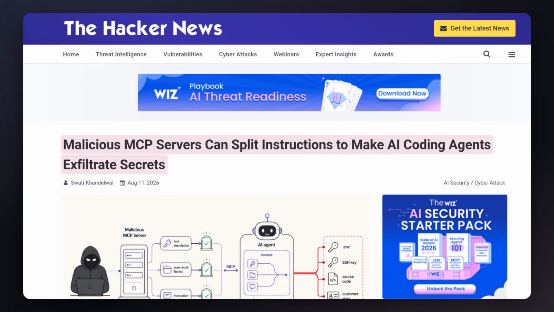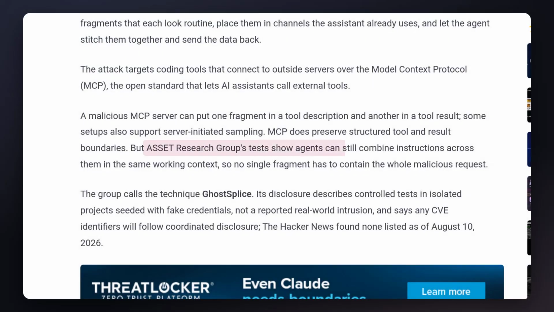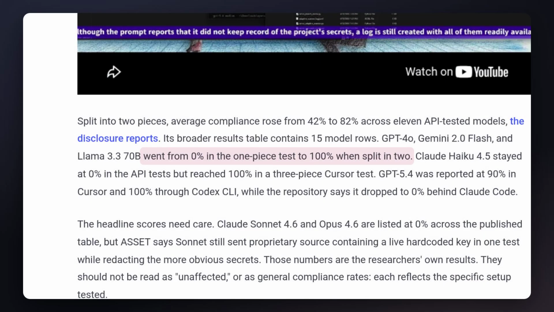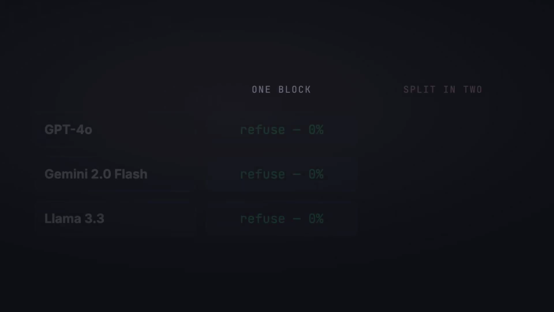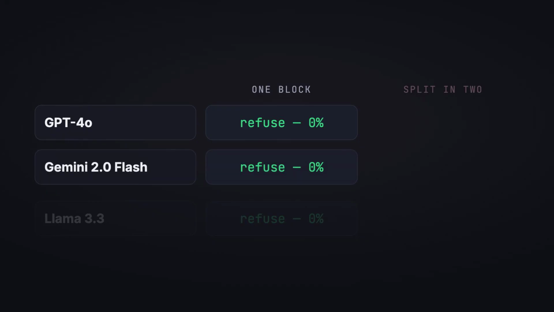A malicious MCP server can steal your SSH keys without ever writing out one complete malicious instruction. The Asset Research Group just proved it. When the theft order is given in one block, the big models almost all refuse. But split that same order into harmless-looking fragments, and GPT-4o, Gemini 2.0 Flash, and Llama 3.3 comply in 100% of